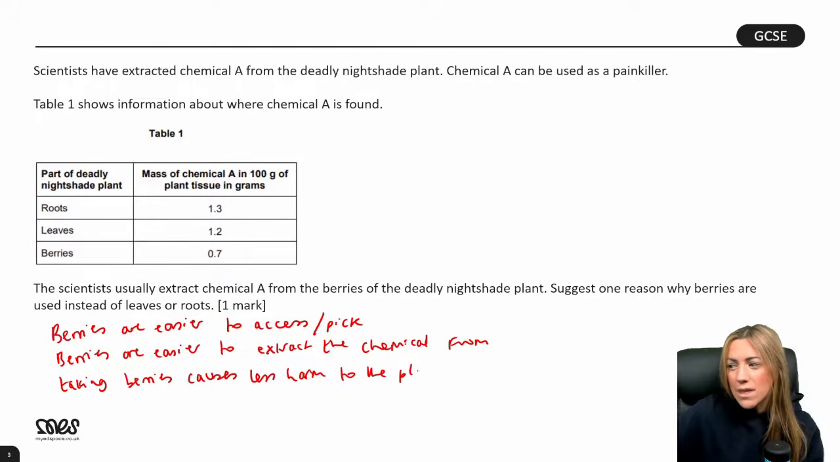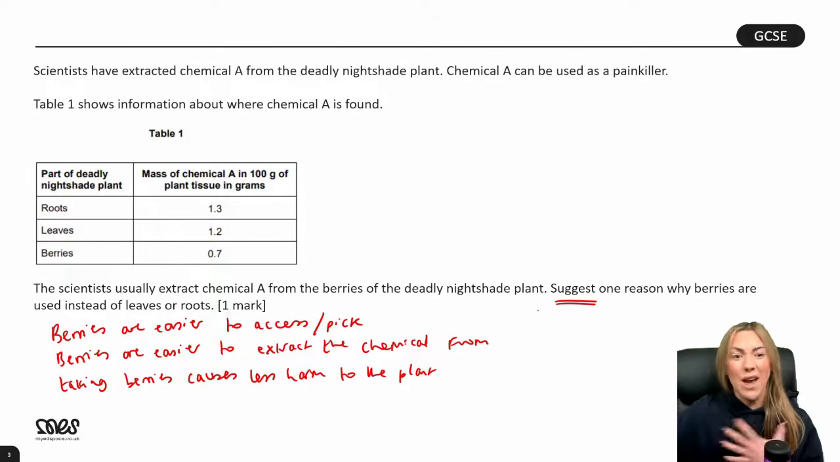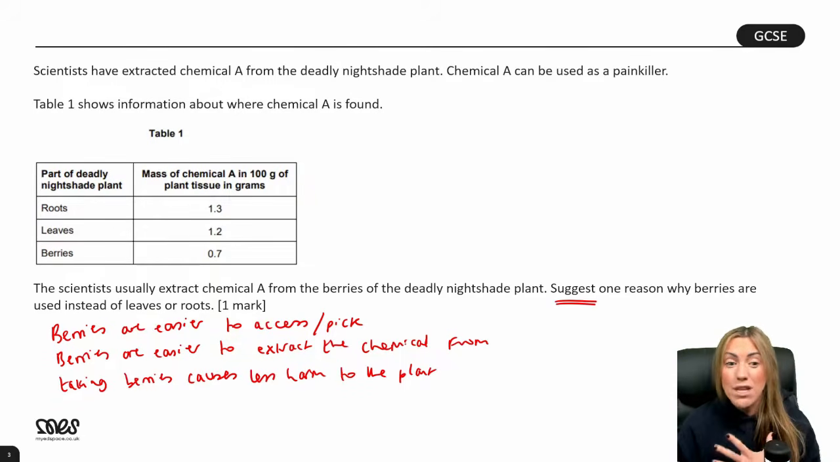The command word here, by the way, is suggest. When you see that command word, it means you haven't learned the answer to this, but you should be able to apply your scientific knowledge and a bit of common sense to figure out a reason. So imagine for yourself that you're trying to extract this chemical. It's going to be far easier to collect the berries, pick the berries. It's going to cause less harm to the plant. You could say things like, taking leaves might damage the plant,